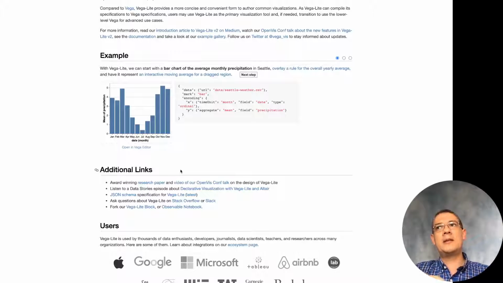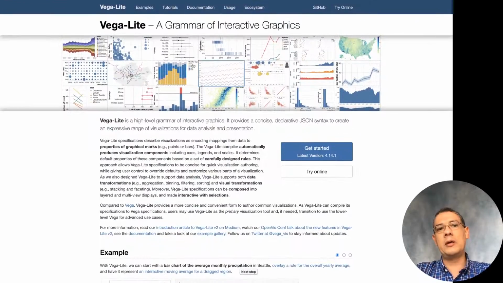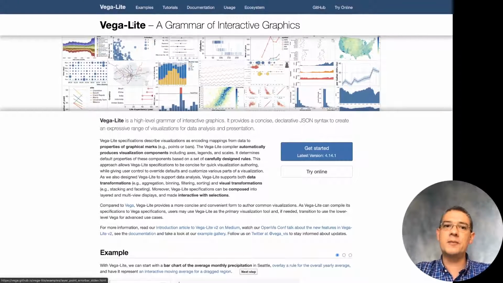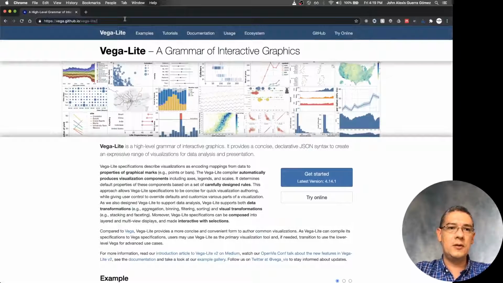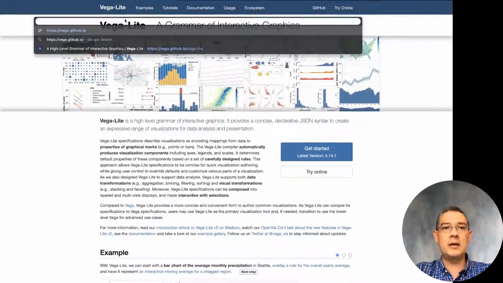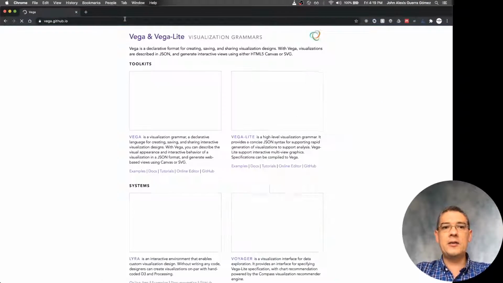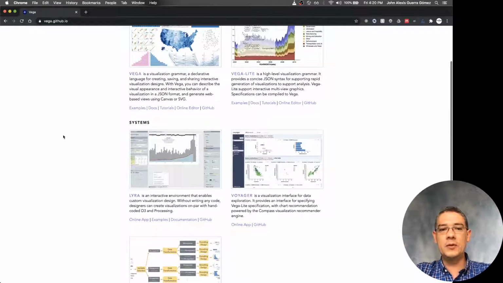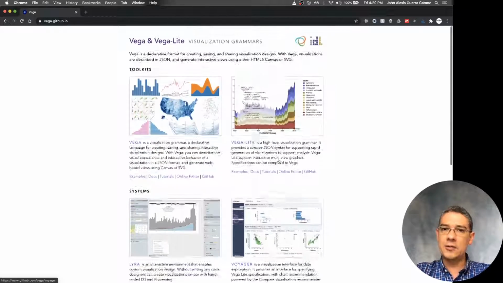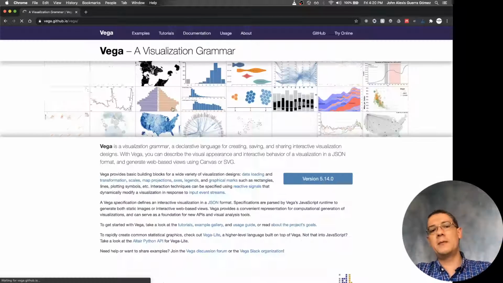So what they started agreeing on was a grammar that will allow them to actually write them just using JSON. So with that, you will find a family of tools. And actually, if you go just to the website vega.github.io, if I actually visit that, then you're going to see the whole family of that. You will see some of the tools that actually inspire those. Jeffrey here already told us about that. And as the basic one was Vega.